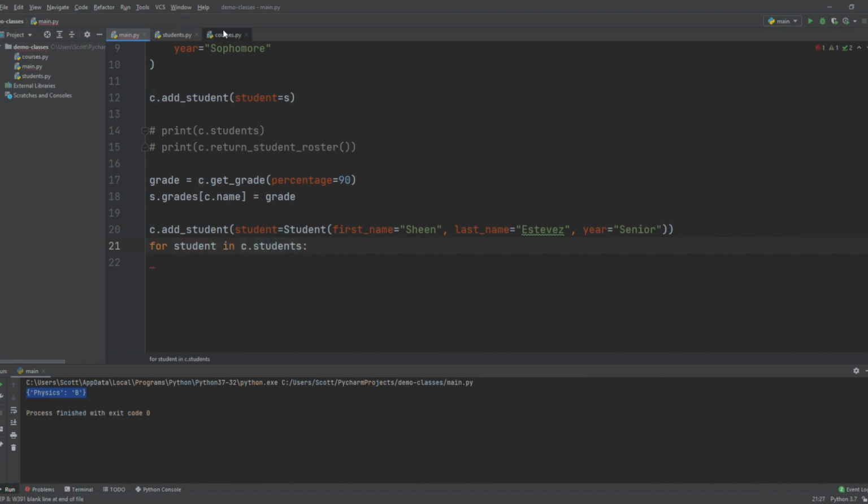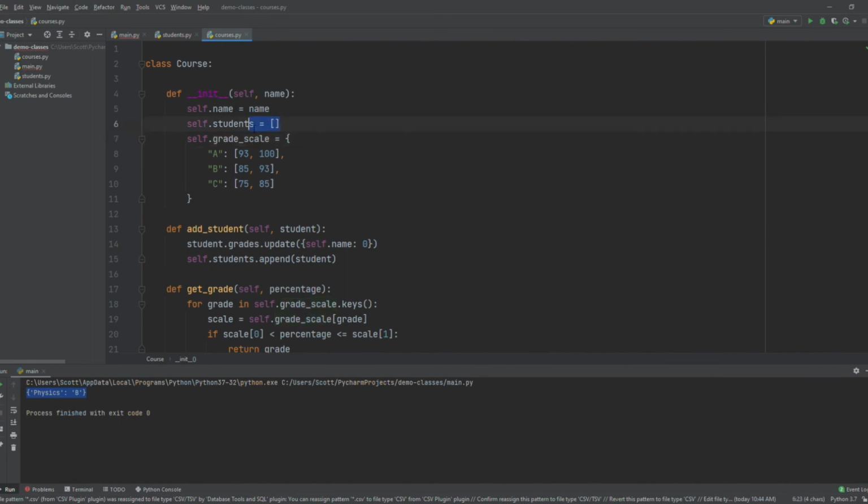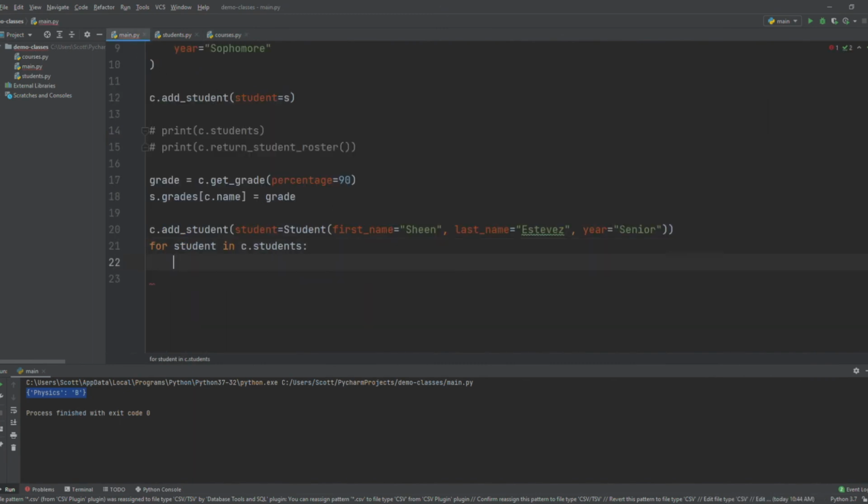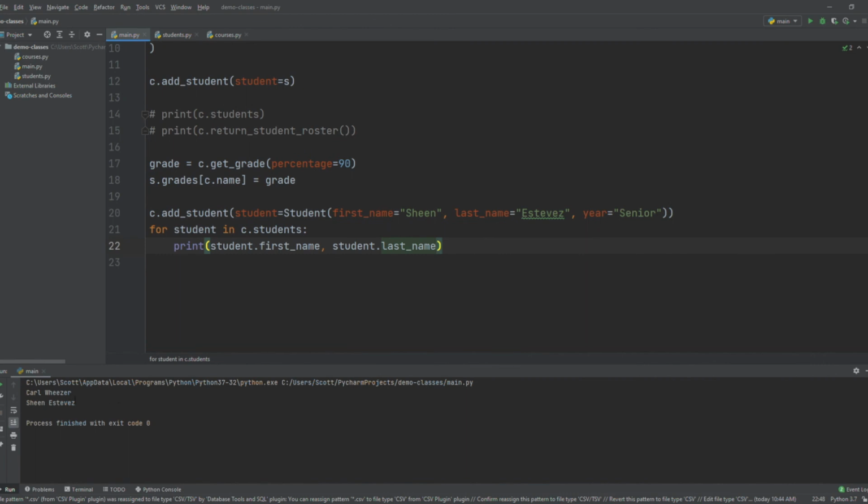Remember that c.students refers back to this list, which should store the student classes. We'll print the student dot first name and student dot last name. All right, so we'll run this loop, and sure enough, Carl Wieser and Sheen Estevez are both registered for the